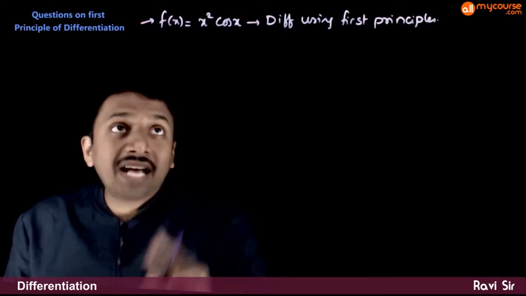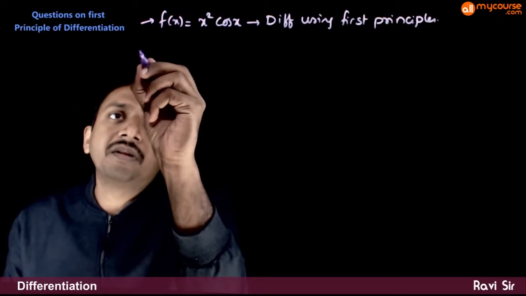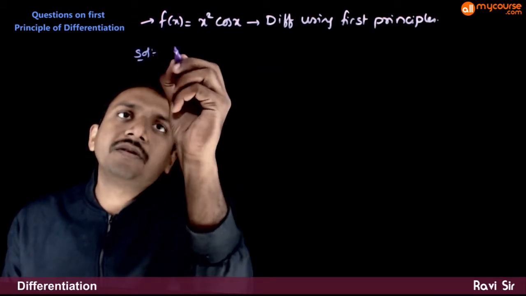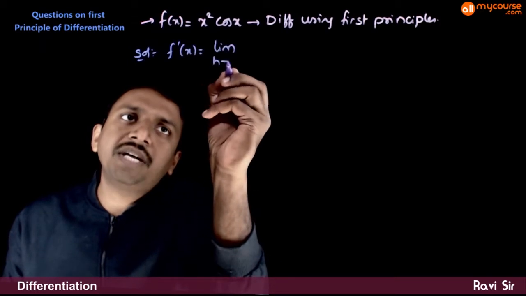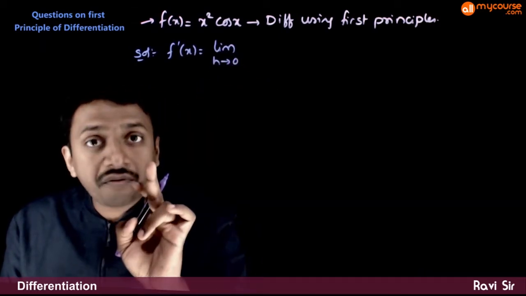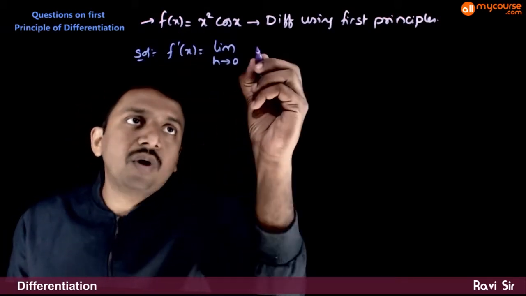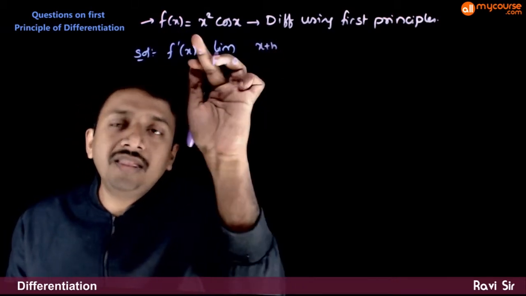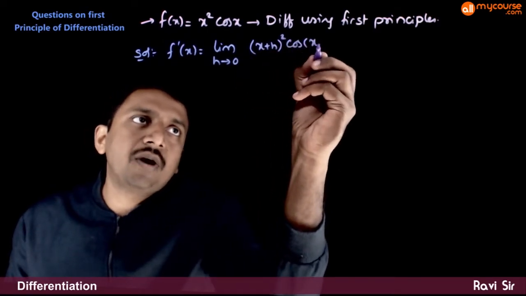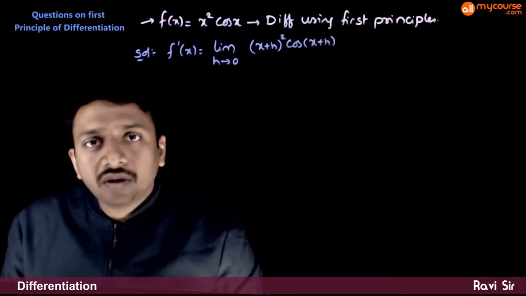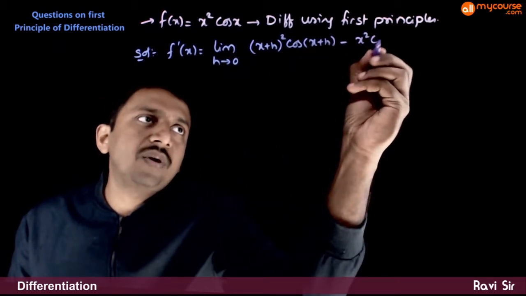So in this question you are asked to differentiate x square cos x using first principles. So f dash of x is equal to limit h tends to 0 f of x plus h. F of x is x square cos x. So what is f of x plus h? In the place of x you have to put x plus h. It is cos of x plus h into x plus h whole square, minus f of x, which is x square cos x,